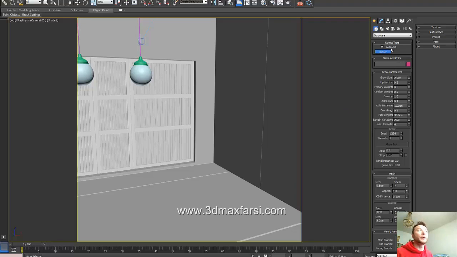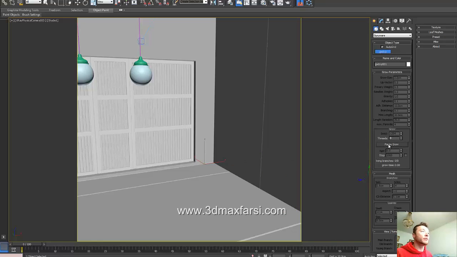You need to turn on the grid, and as you see here, I can place it anywhere in my scene. So just make sure your Z axis is pointing up, and you go and place it. If you click grow ivy, you can start growing it. You see here it starts to grow,